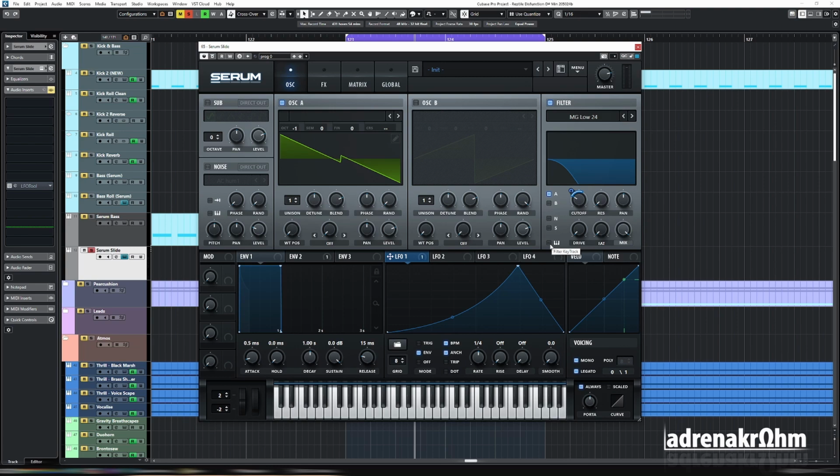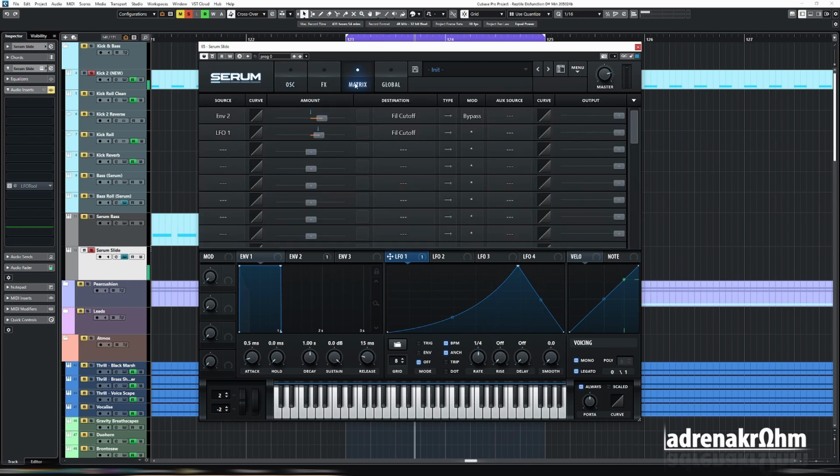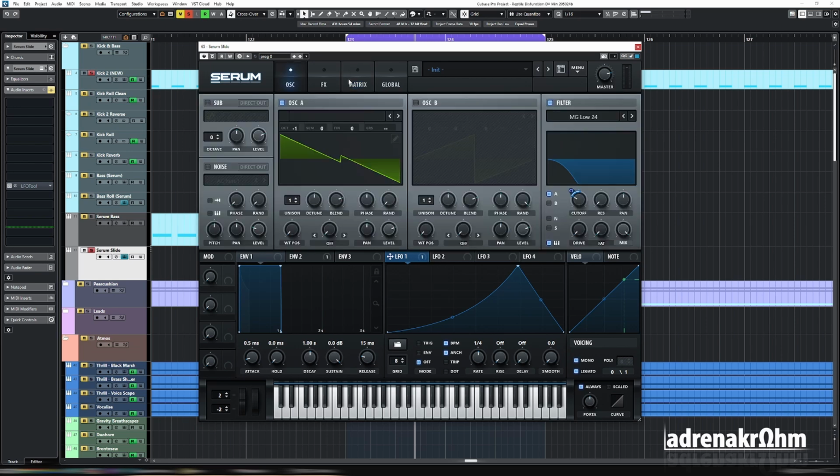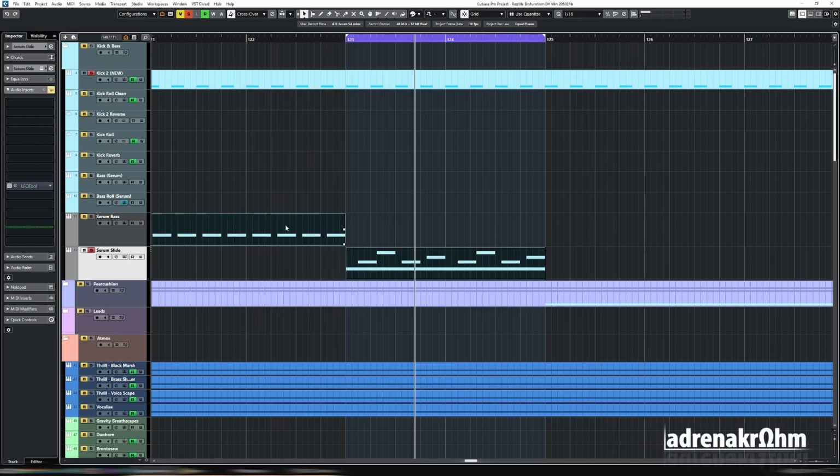Let's also enable key track on the filter, so when the MIDI notes change, the filter will follow those notes. And then just with a bit of fine tuning on the cutoff, we now have this. And I'll flip back to the matrix, you can see what we have there. Not much at all. We have the envelope 2, which is now bypassed. I can even remove that. But the only modulation going on is LFO 1, and that is assigned to filter at a depth of 22%. So now when we play them back together,